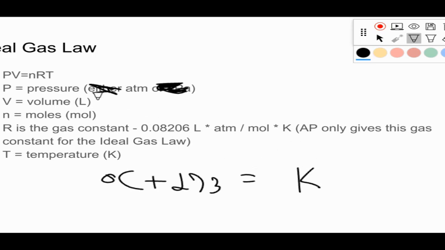And so we're going to work out some of these problems. You can solve for any of the variables other than R because R is the gas constant. The way they find the gas constant is they go through and plug in all of these other variables for that gas at what we call STP, which is standard temperature and pressure. That's how they determine this number. So this number is a constant, and then we use it to solve for either pressure, volume, number of moles, or temperature of a gas at a certain set of conditions.